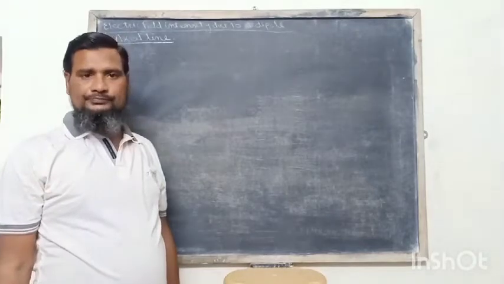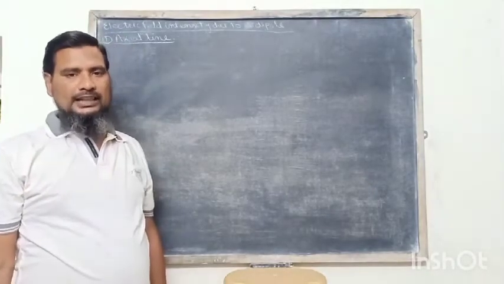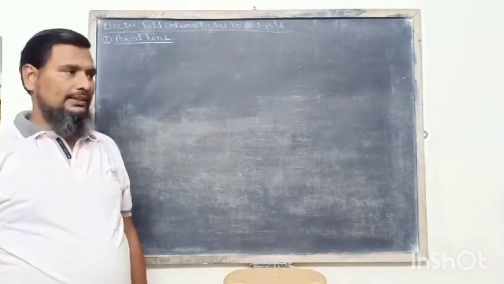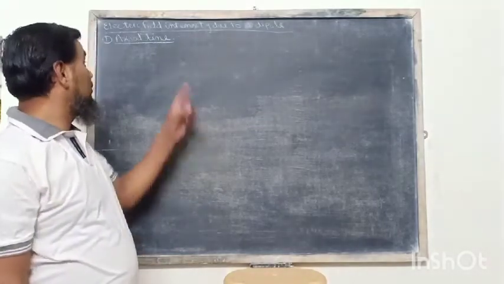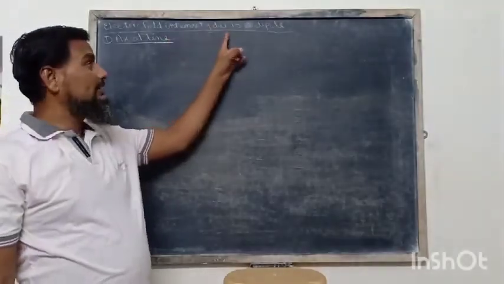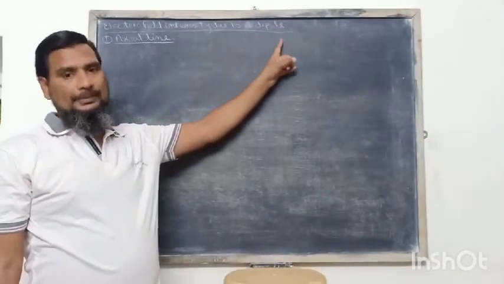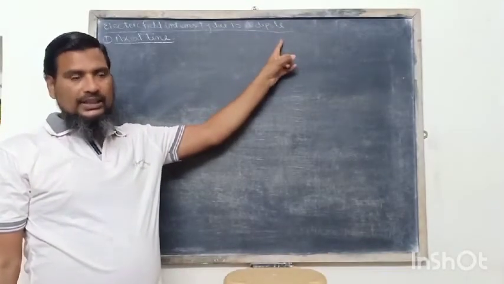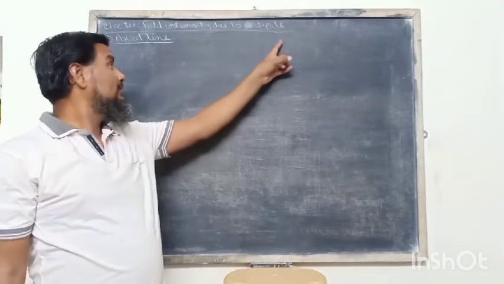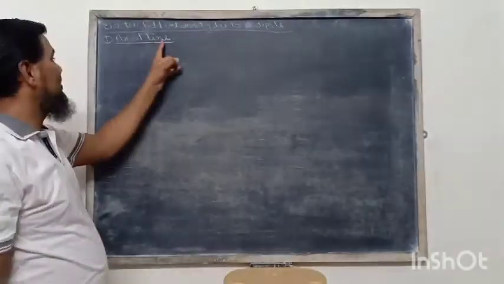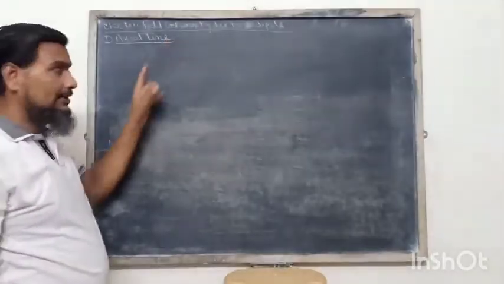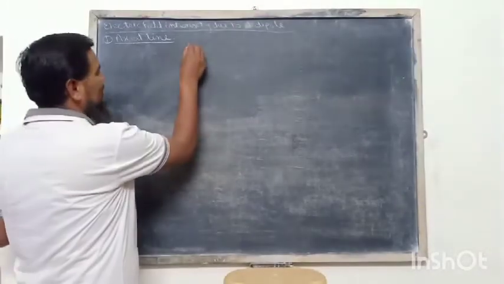Hello everyone, this is the 11th lecture, and in this lecture we shall discuss the electric field intensity due to a dipole. There are two cases in it. The first is on the axial line. First of all, we consider a dipole,